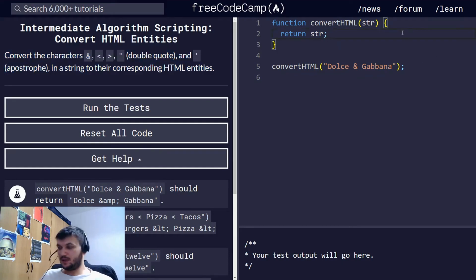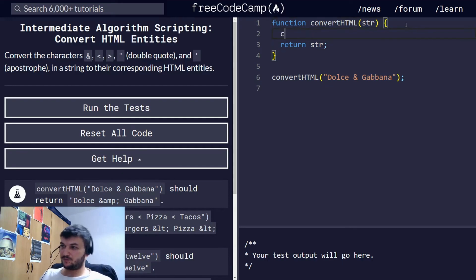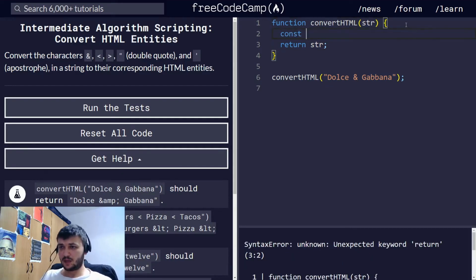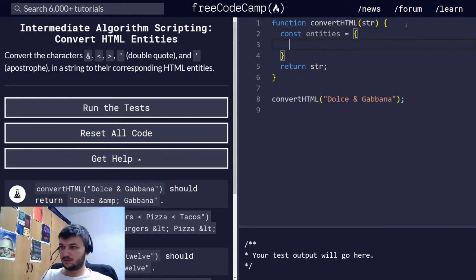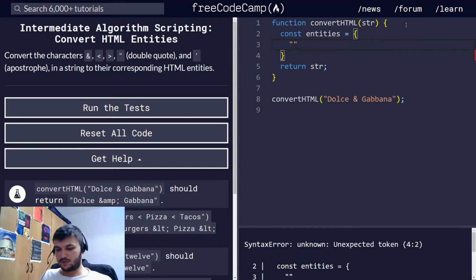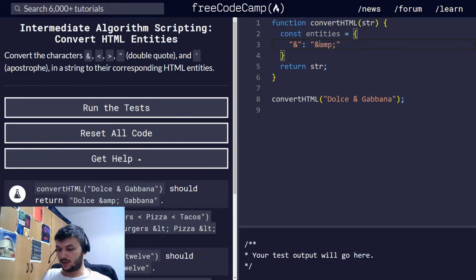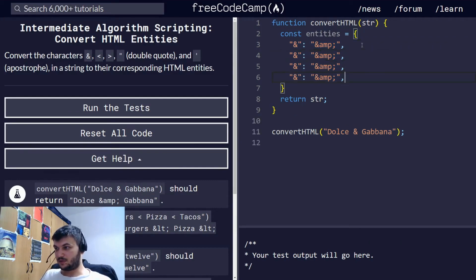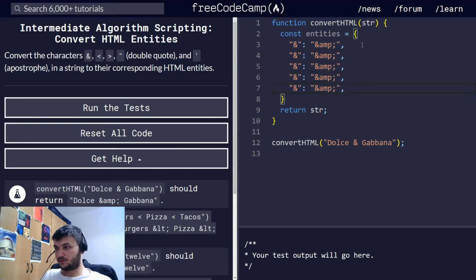Okay, so let's do that. I'm going to create inside the function here a const. I'm going to call it entities, and it's going to be an object. The first is going to be the ampersand symbol, and the corresponding HTML code is this one. Okay, and we will do the same for every character. Let's just copy this so it's easier. Okay, now for